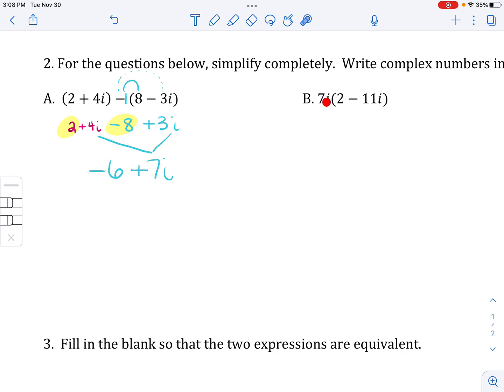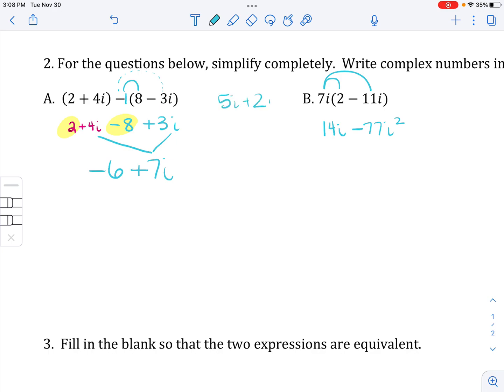The 7i and this is just connected by multiplication. So 7i times 2 is 14i. 7i times negative 11i. Well, 7 times 11, 77. The 7 was positive, the 11 was negative, so the result is negative. And when you multiply i times i, the result is i squared. So just keep in mind,